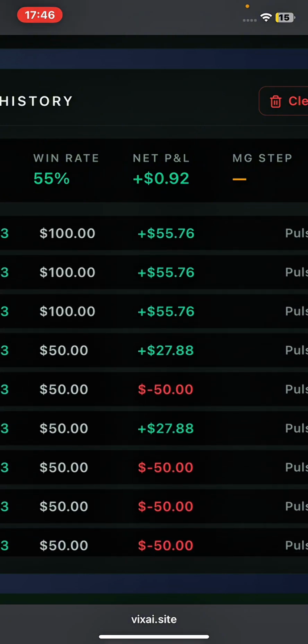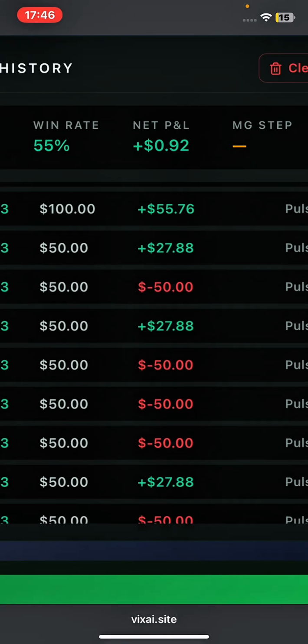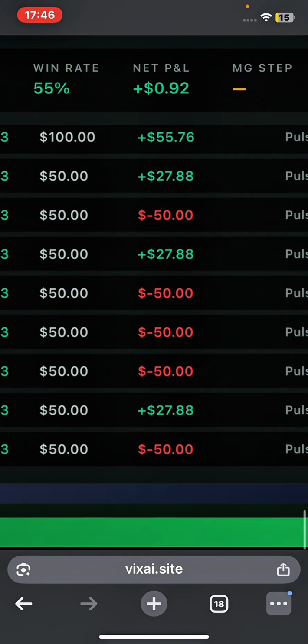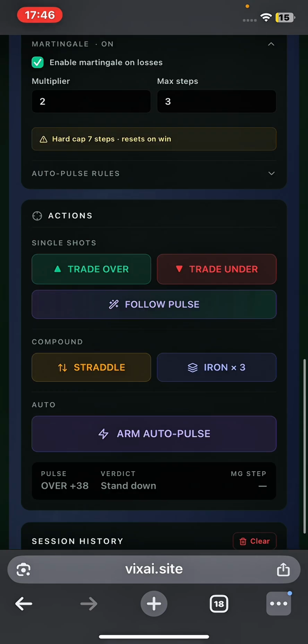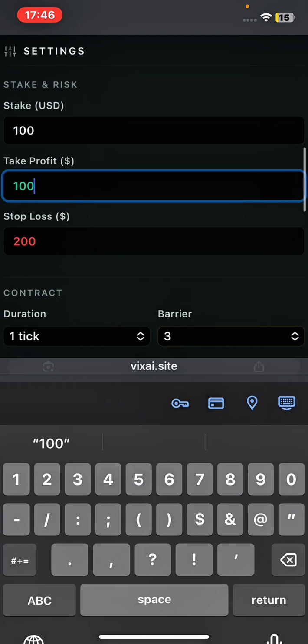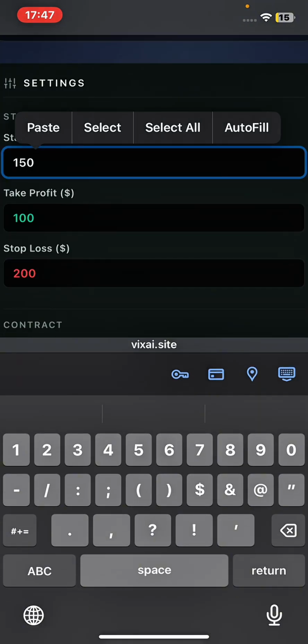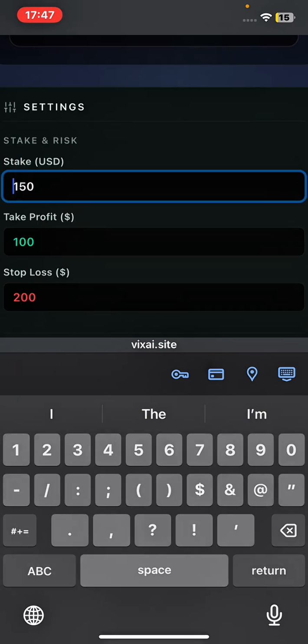Okay, so that's why it's important to use proper risk management. If you have a $100 account, use a stake of $10, so that whenever you get losses like this back to back, you'll be able to recover from those losses. Okay, so I almost blew the account, so I'm going to get back to my previous stake of $50. No, I didn't actually almost blow the account because I have $900, and this strategy has proven it can work. It's just that